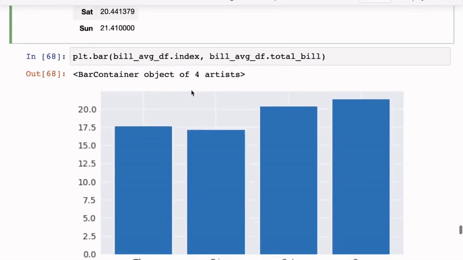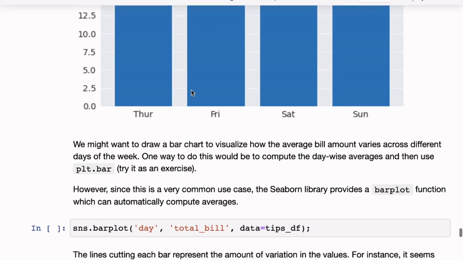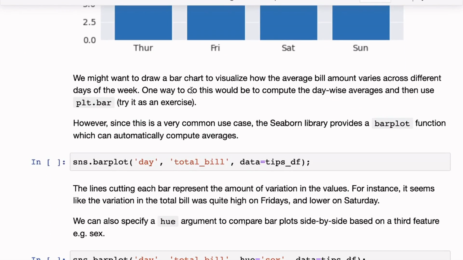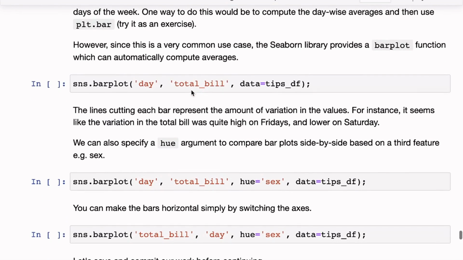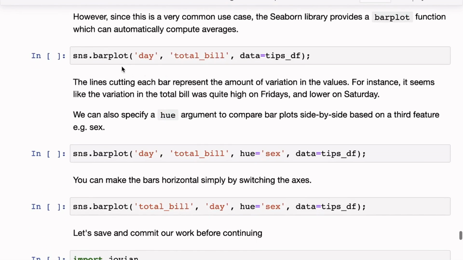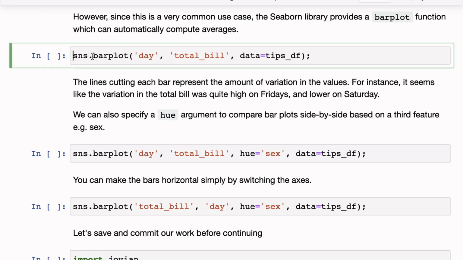And that is where we can use the Seaborn library, which provides helper functions so that we don't have to do this calculation. So instead of doing that entire calculation yourself, you can call sns.barplot, and barplot is the function for drawing bar charts in Seaborn. Here we have specified the data as the tips_df data frame, and we have specified day as the x-axis.